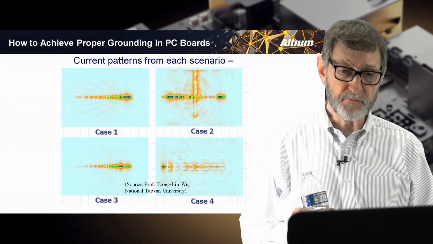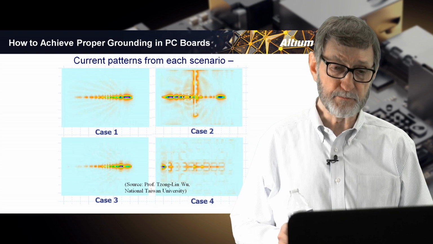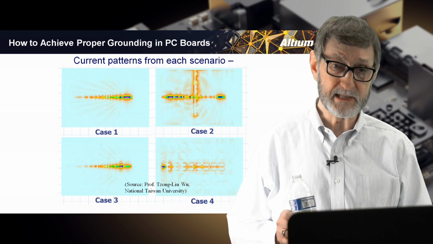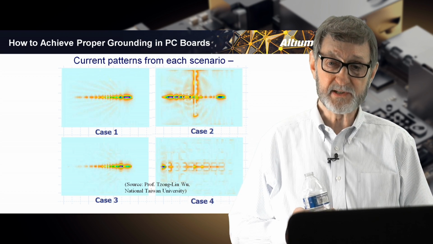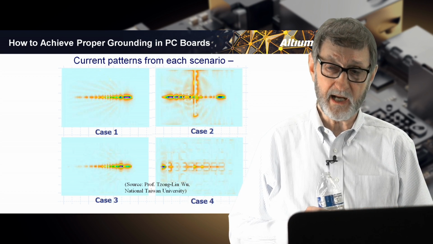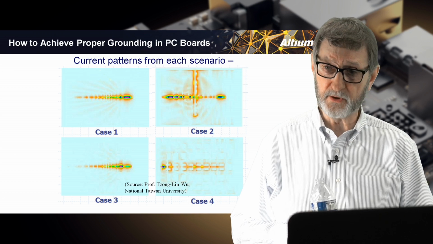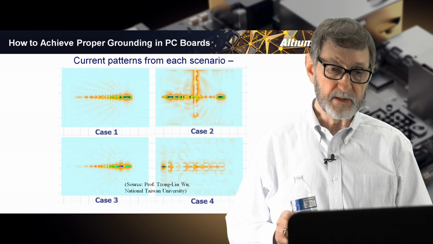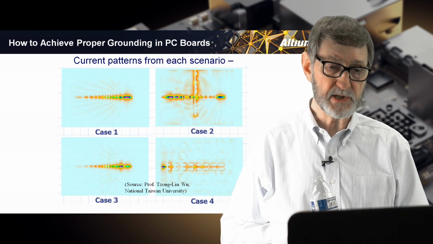The energy from that signal reached that split in the plane and went, uh-oh, I have no easy way to get across this gap. It's like reaching a canyon when you're on a hike. How are you going to get across? Well, you're going to have to find a bridge. So you go out of your way, you find something. But the point is the energy had to spread out